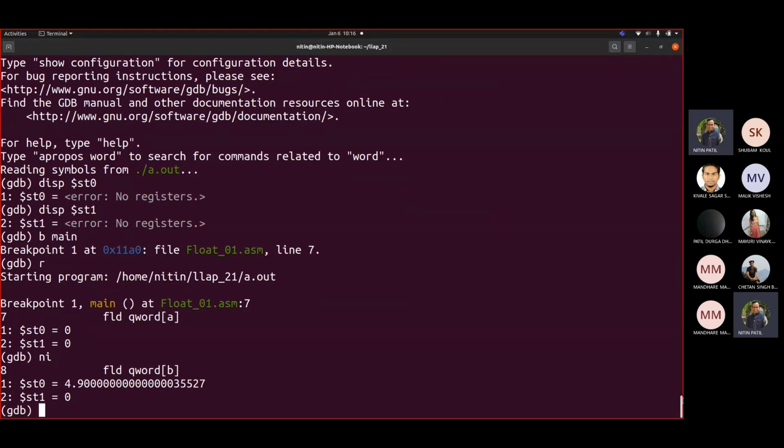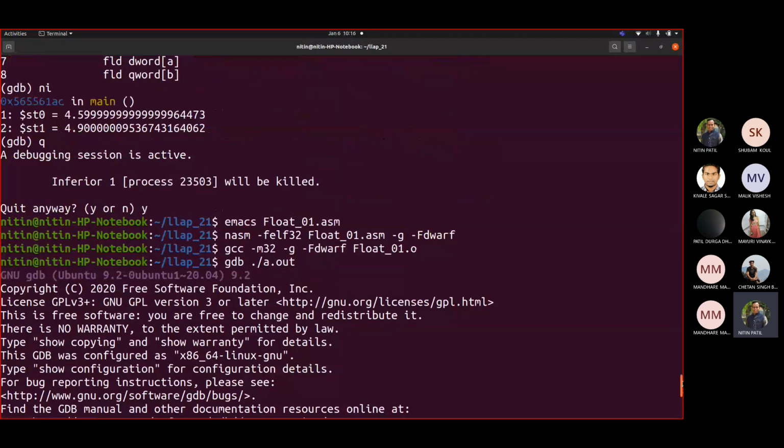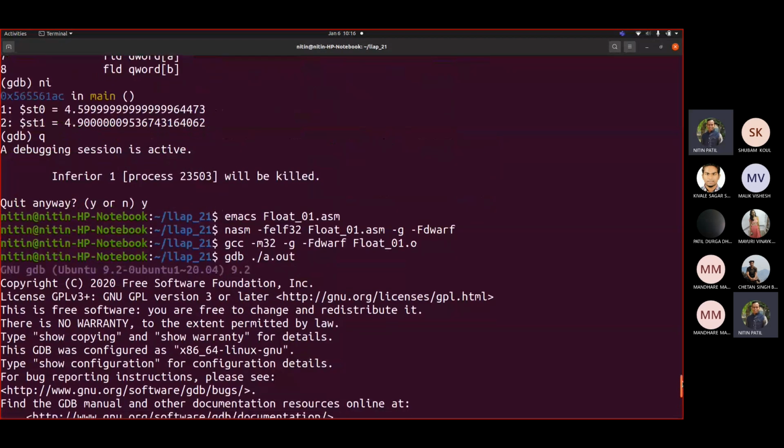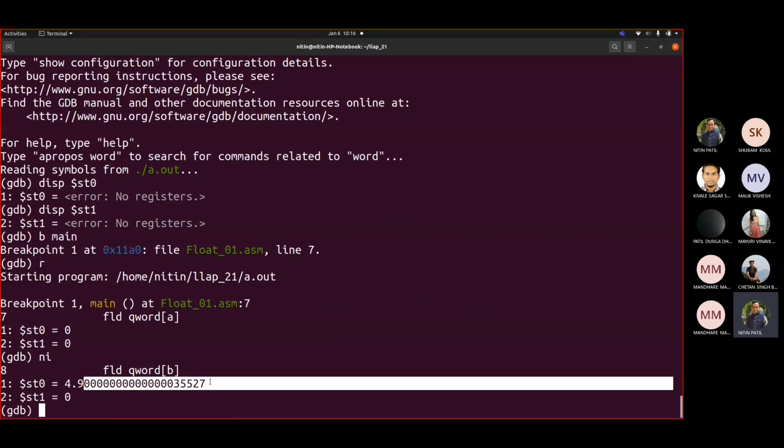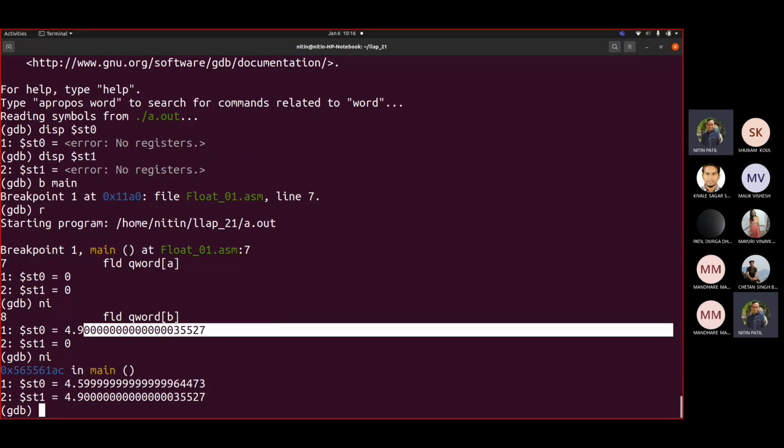Okay, so earlier if you see what was the value shown, 4.9000062. Now see this remaining part, it is different. Correct? It varies because we are only talking about 4.9. So if I write ni, then you will get this. Then you may say, what happens when I write 4.5 plus 4.9? Correct? So let us see.